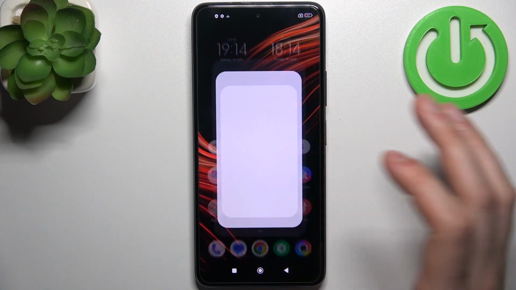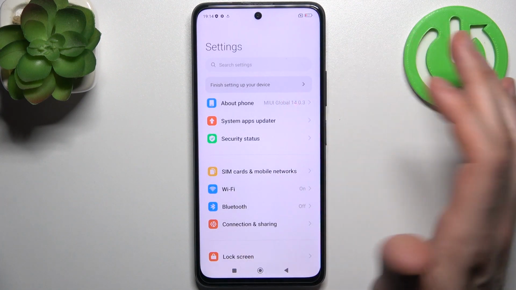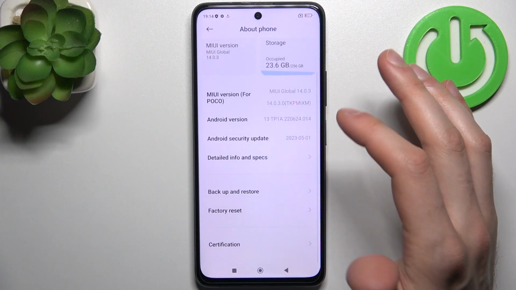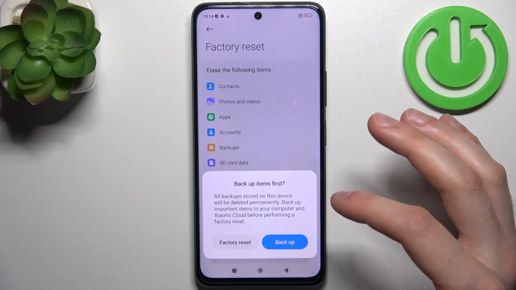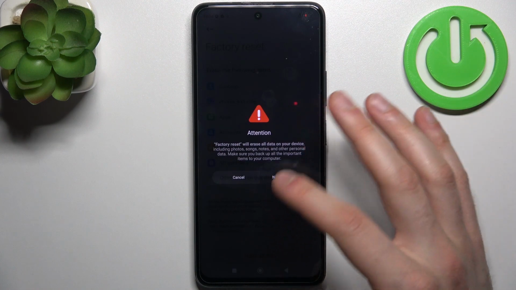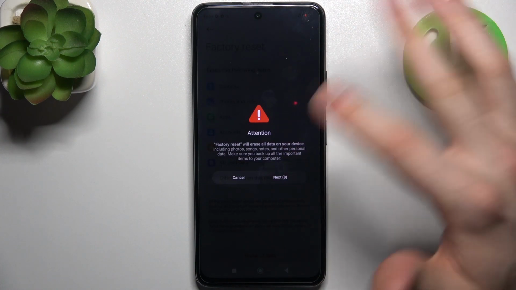So to do this, firstly you have to go to settings, then to the about phone section, then go to the factory reset, then tap erase all data, then factory reset, then wait for 10 seconds